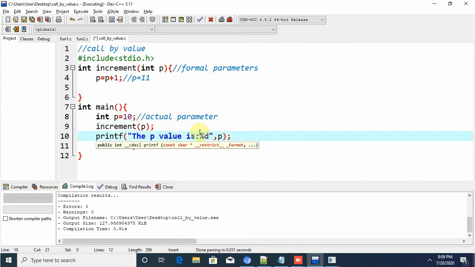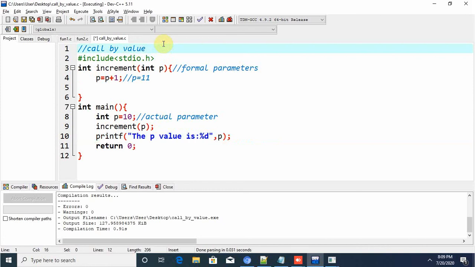It doesn't reflect. It does not affect the actual parameter's value. That is call by value. So you should know the difference between actual parameter and formal parameters. Actual parameter does not change.